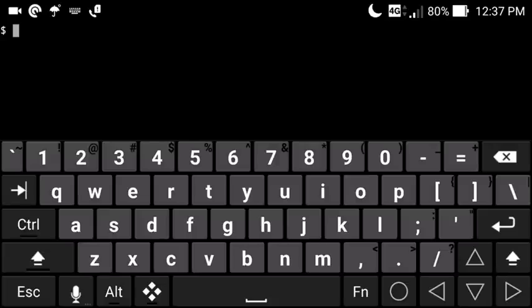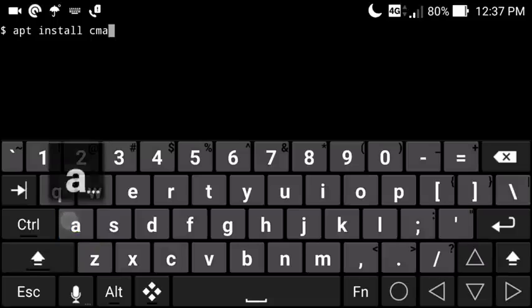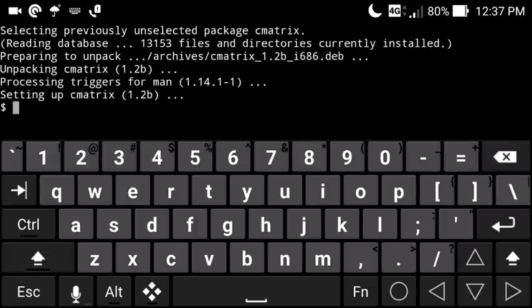To run the fifth command, you need to install a package. Just type apt install cmatrix and hit enter. You can see it's already installed right now. If you have watched the Matrix movie, it will show that particular Matrix animation that represents the Matrix world in the movie. So just type apt install cmatrix, and after that type cmatrix and hit enter.